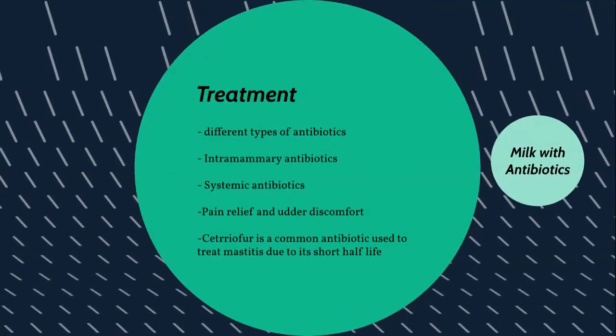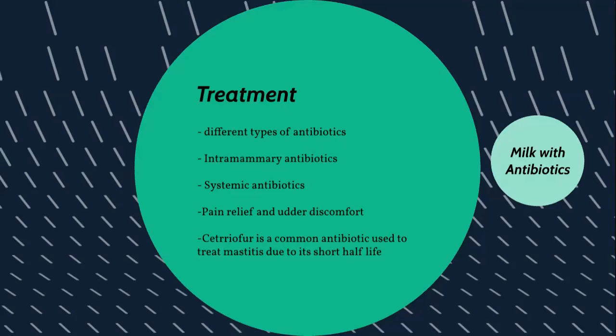So that's prevention. Now, what happens if you have a cow that does get mastitis? And so here's some different treatment options. There are many different types of antibiotics that you can use. The main two used in treating mastitis would be intramammary antibiotics, and then just your general systemic antibiotic. And if you catch it soon enough,